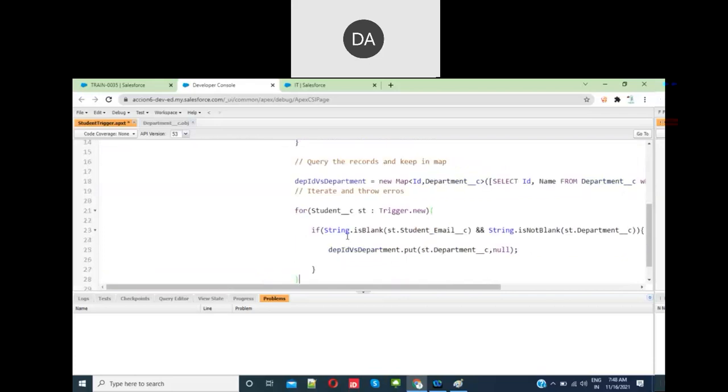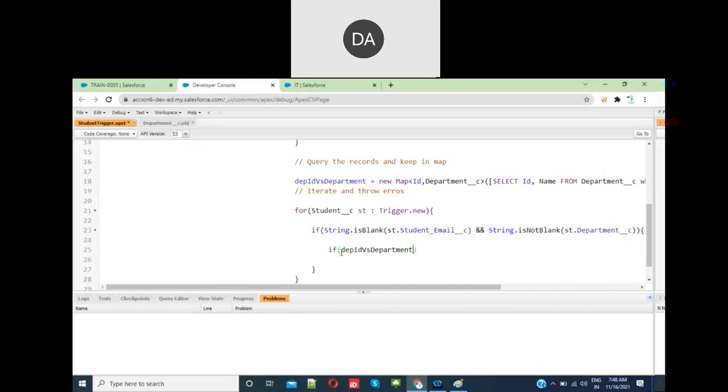Again iterating, now we need to check. If the email is blank and the student department, we need to check, right? So again, first we need the department ID. Department is required, right? If department